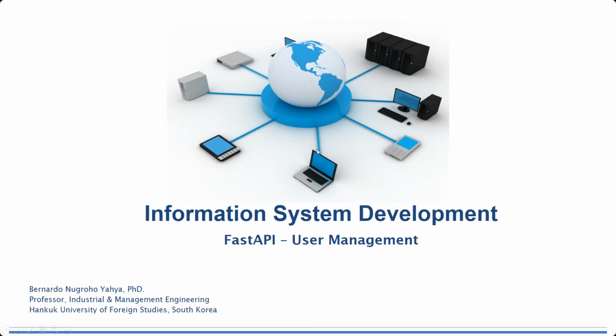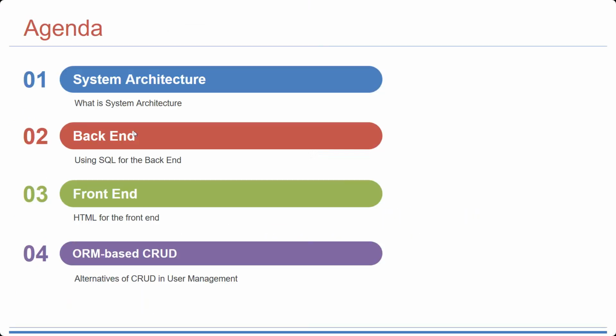Today I'm going to explain how to use the FAST API, and we are going to apply it to one kind of problem, which is user management. First, I would like to explain what system architecture is,